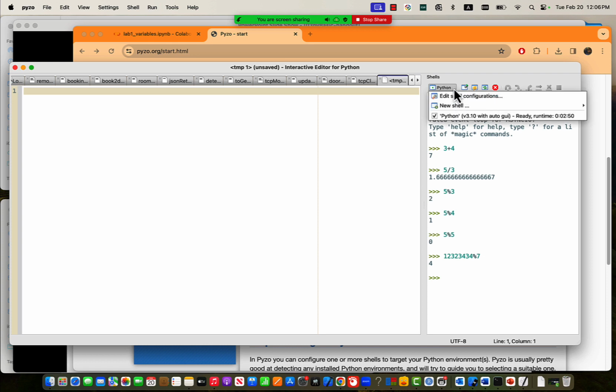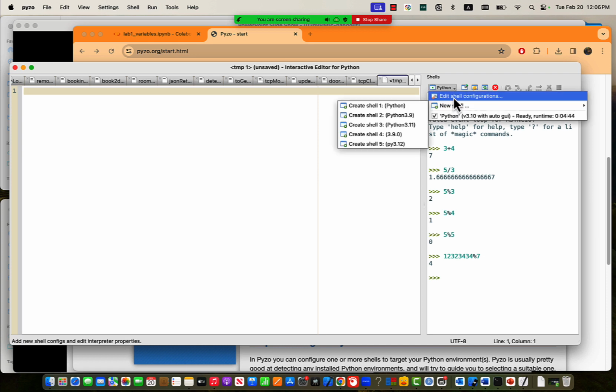If you click this, there are two options: edit shell configuration or new shell. The name new shell may mislead you, but I would say choose a shell. That is the second one. When you edit the shell configuration, you may include multiple different versions of shell, the Pythons. So if I click this,